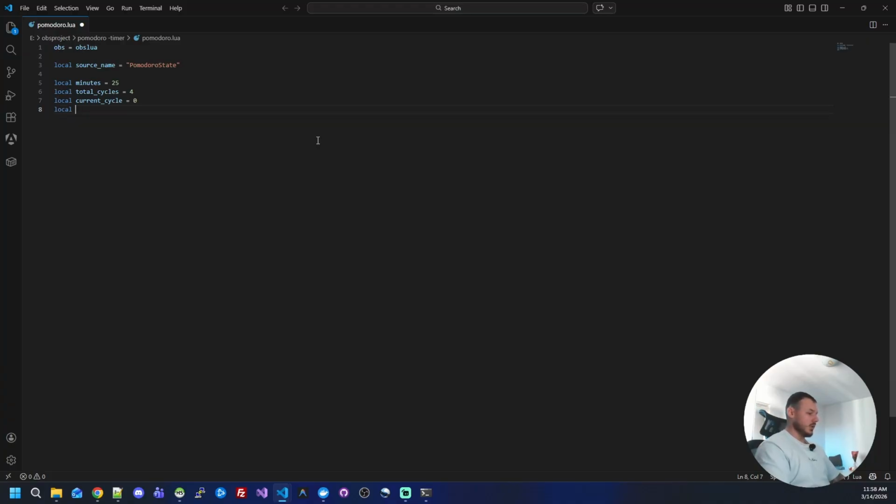Let's store the time lapse as well, and I also want to be able to toggle the state. For that, let's set the running variable and set it to false. By default, I don't want my script to start the countdown right when I open OBS Studio. So I also need some store variables for the